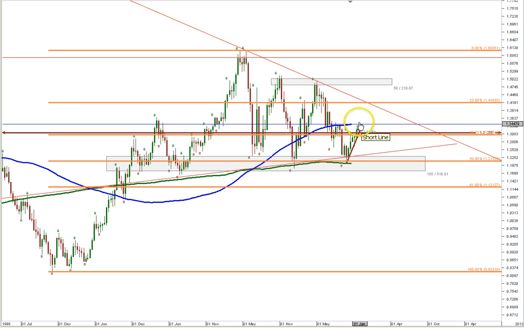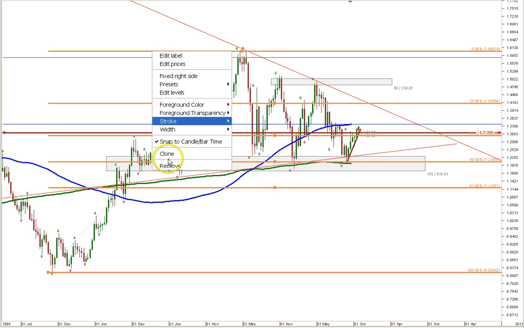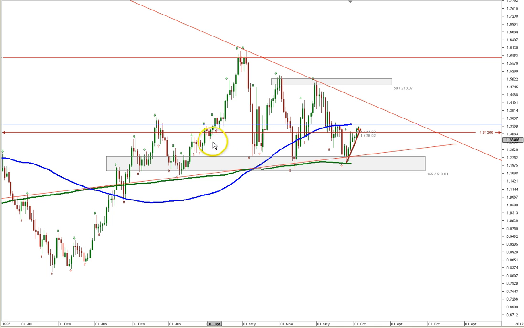So that's one thing to keep our bias long, seeing that we bounced off of this level here and we're continuing to move off of that support level. So that's one thing to keep your bias long, right? So let's get rid of that. And then also bouncing off of this ascending support level here,